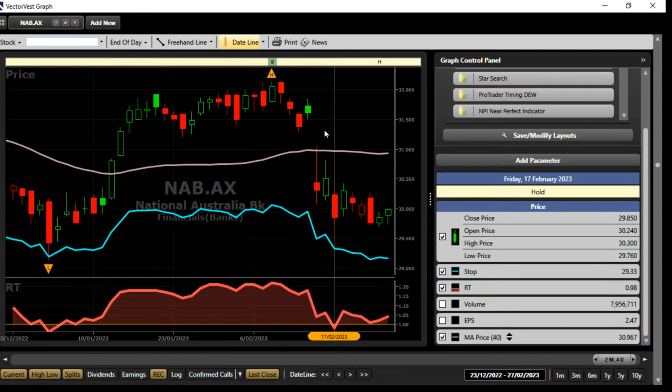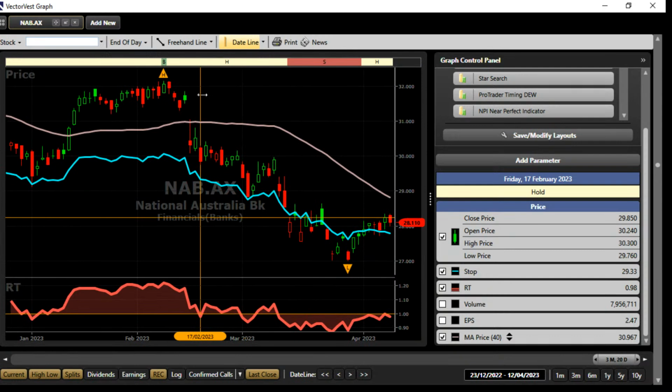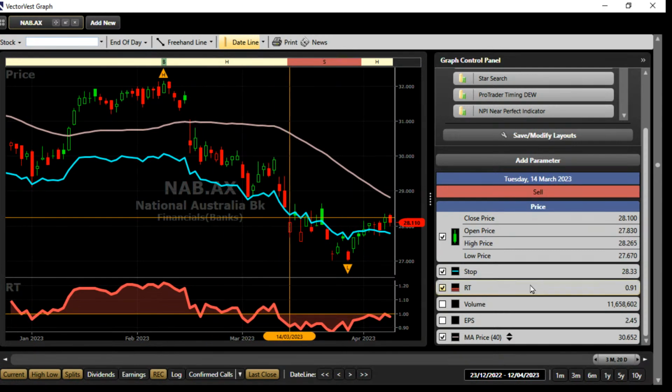You've got the 40-day moving average breach, and you've got relative timing going below 1. At that point, you may very well consider moving to the sidelines if you choose. But if you want to wait until the rec equals sell, and there it is, it lights up, rec equals sell at $28.10. And at that point, that's definitely where you want to be moving to the sideline to wait to see how